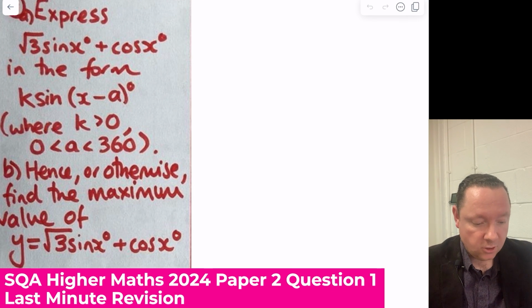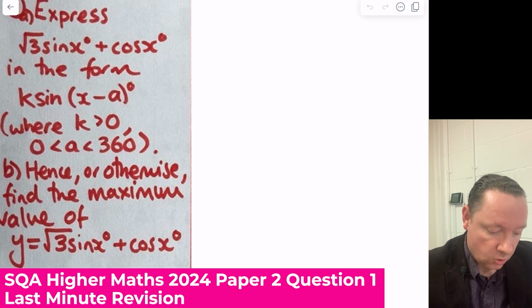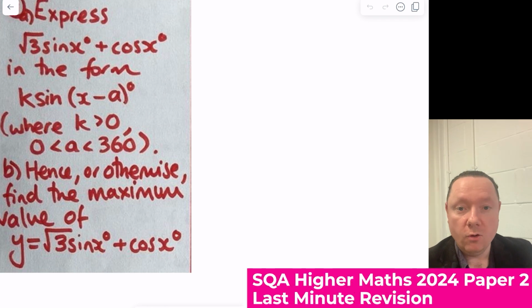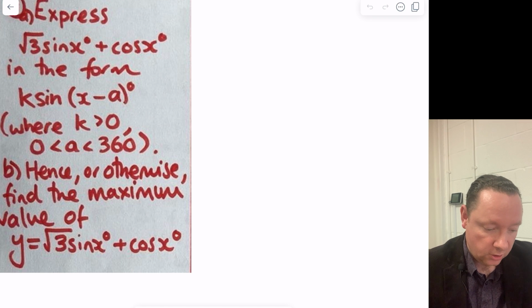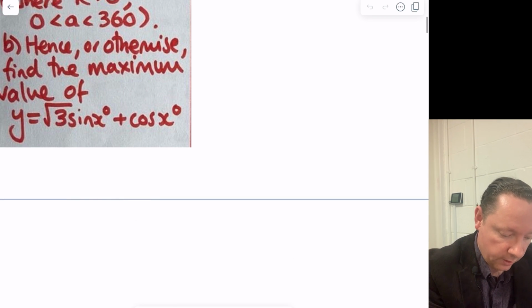Okay, number one, express root 3 sin x plus cos x in the form k sin(x minus a). And then we have to find the maximum value of it. So it is a wave function question to start us off with. So we write root 3 sin x plus cos x. Let me do that underneath. Root 3 sin x plus cos x